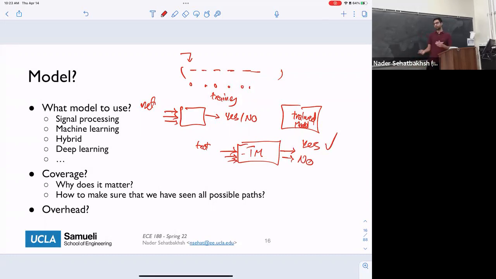So now it's time to actually do something about it. If it's no, then you can just discard and move on. And you continuously do that, right? And if your model is trained well, then the chance that you detect the malware would be pretty high. Of course, you cannot reach 100% accuracy, but you can reach a very, very high level of accuracy. Does this make sense?